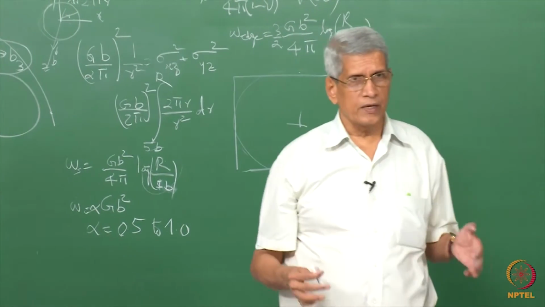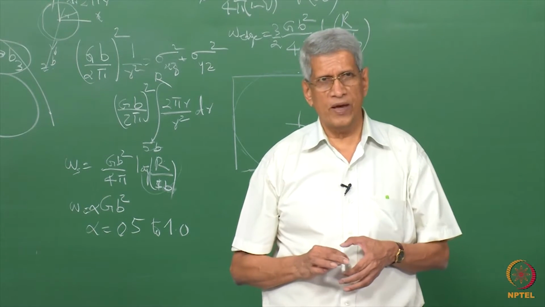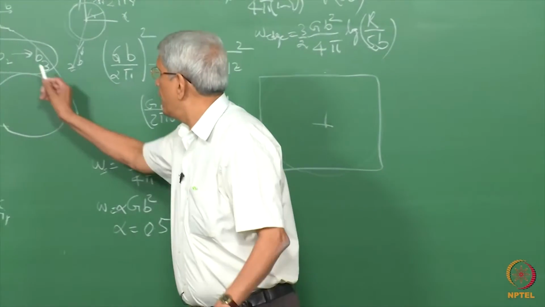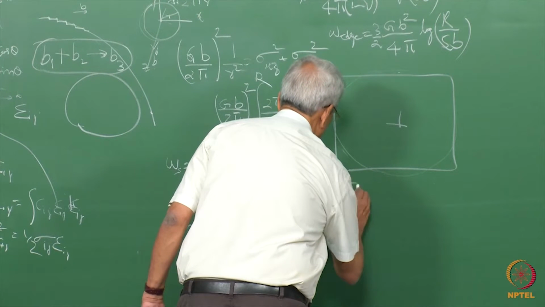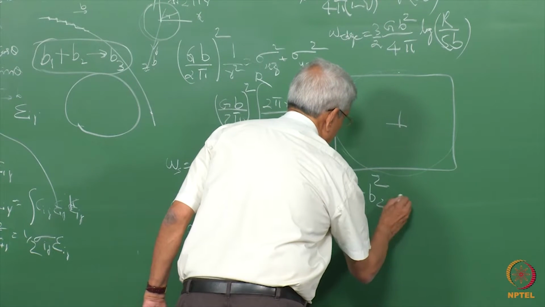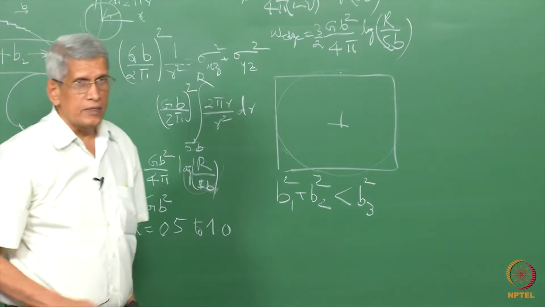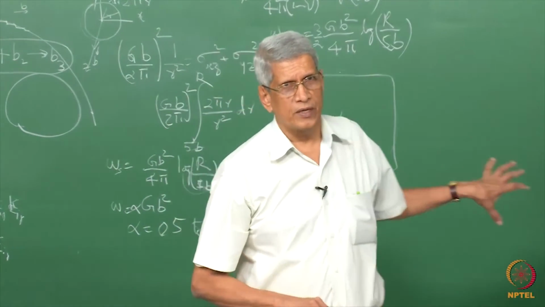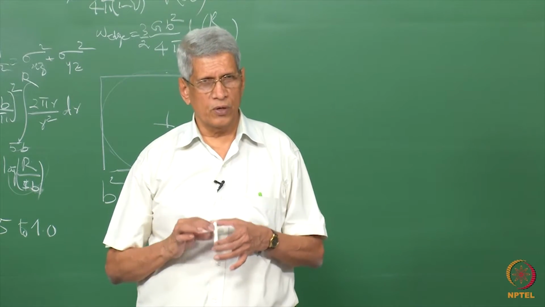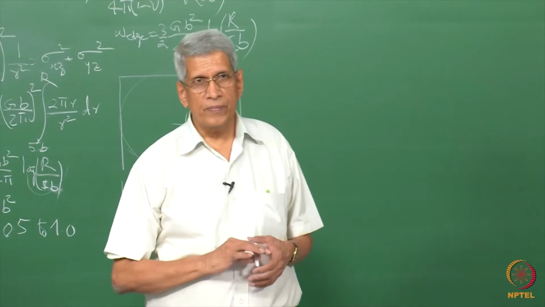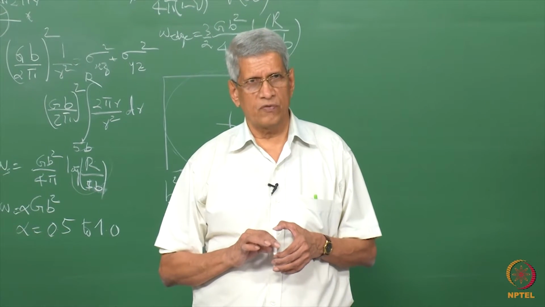If it is in the same material, G remains the same, so we can find out the b squared value. Add them together, so it will be B1 squared plus B2 squared, whether it is less than B3 squared. If that is the case, then the reaction is possible. This approximation is the rule we use to find out whether a dislocation reaction is going to occur or not. But this essentially comes from this condition, that is, what happens to the self energy of a dislocation.